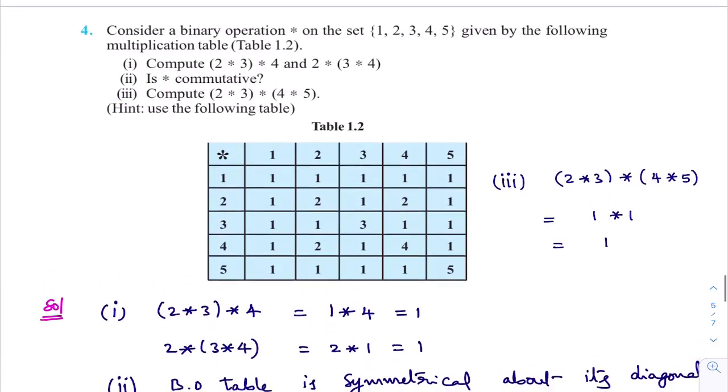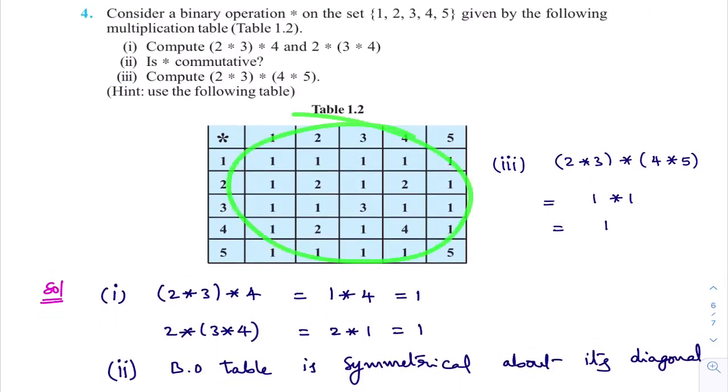See, in this problem they gave the table. We need to use the table, and by using the table we need to find these 3 bits. The fifth question is similar to the third and fourth question types only. I want you to try that problem on your own. So in this class we learned 3 problems: the third question, fourth question, and fifth question. I hope you understand these problems.